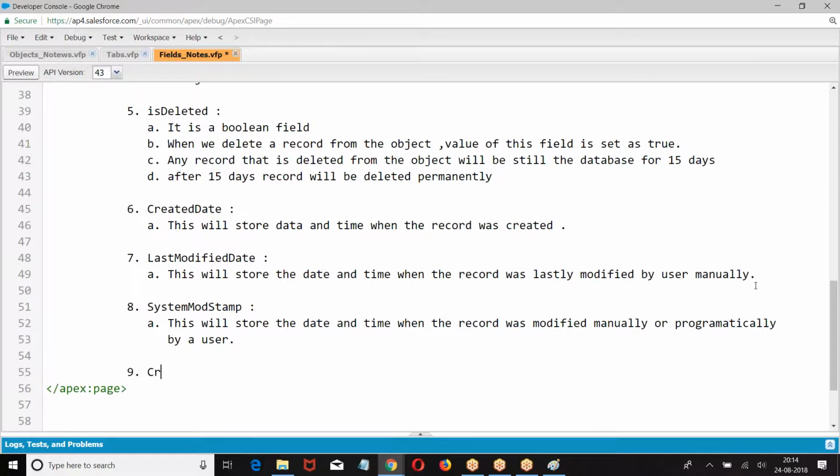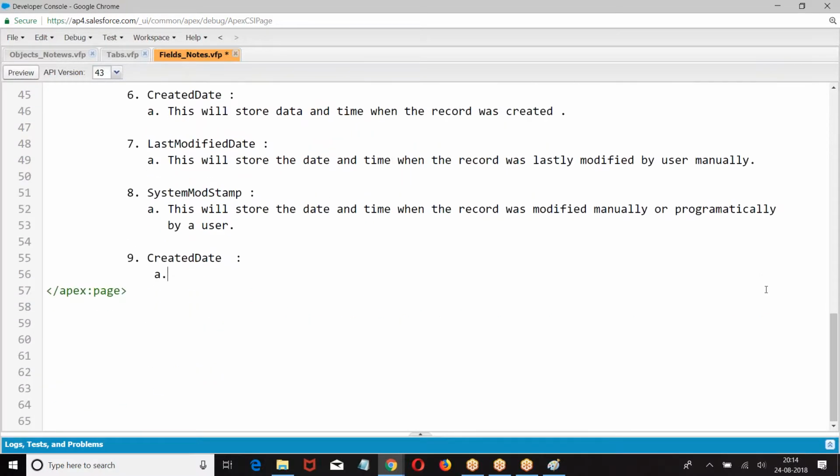Then we have CreatedById. This will store the 18 character ID of the user who created this record.